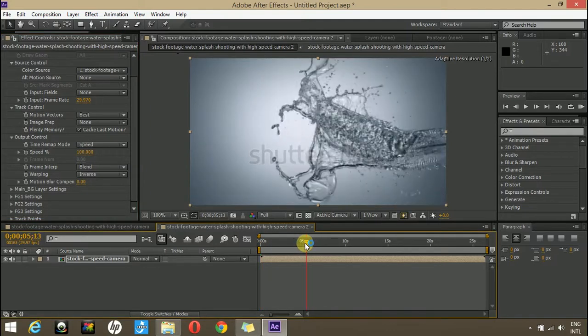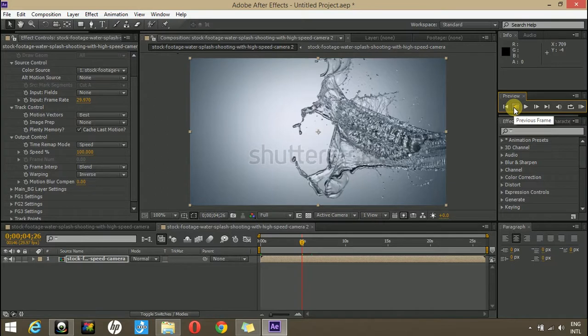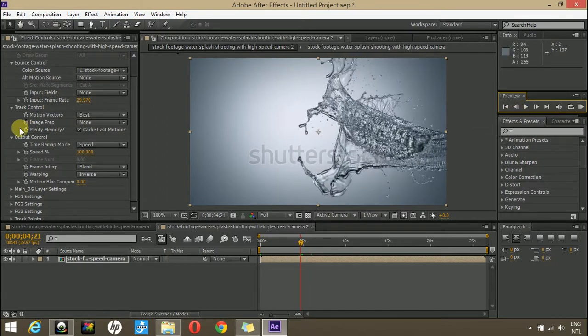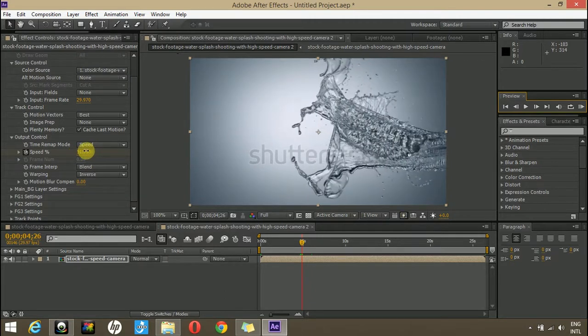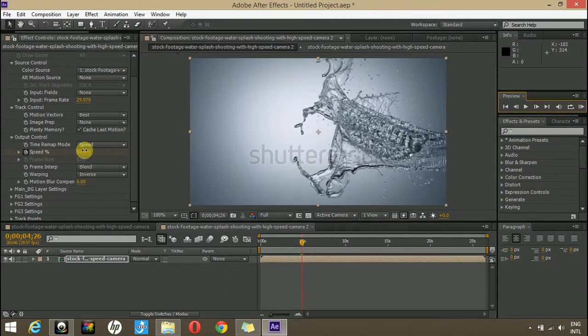At this instant move back 6 frames, put a keyframe, then move forward again 3 frames and slow down the speed. Make sure you slow it down in a value from 0 to 100. If you slow it down to negative, it will go in reverse direction. Let's say I slow it down to 30%.